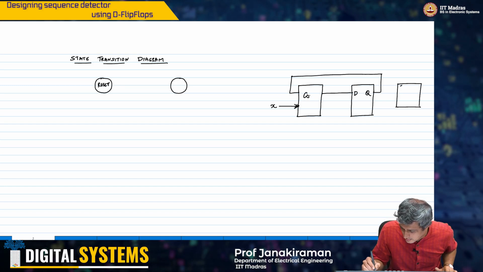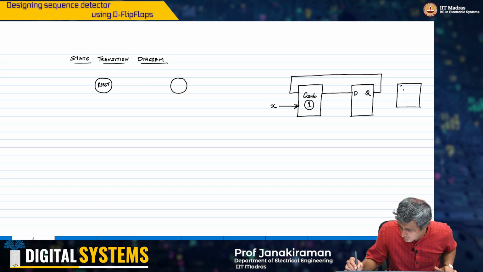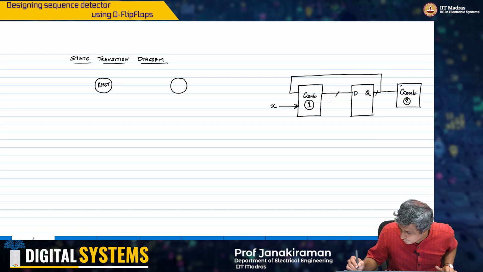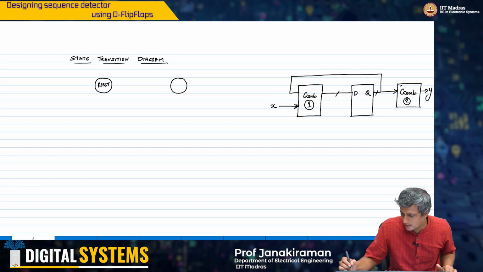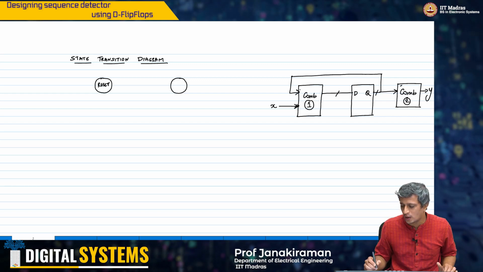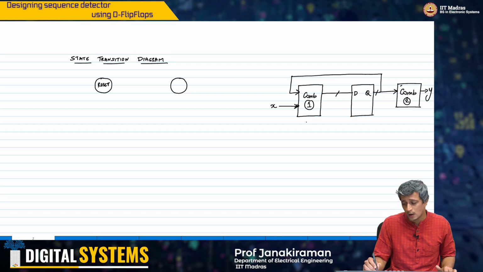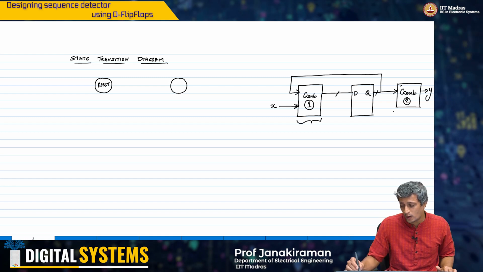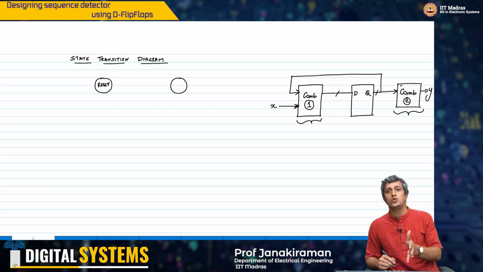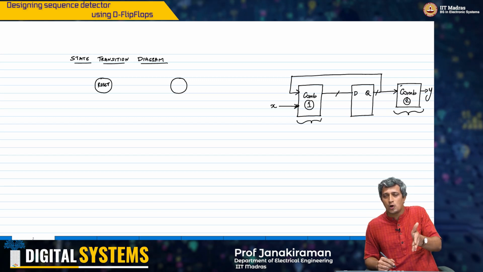This is my combinational block 1, combinational block 2. You basically take this, feed it here, and you get some output Y here. So what we want to do is figure out what this combinational block 1 and this combinational block 2 should be in order to implement